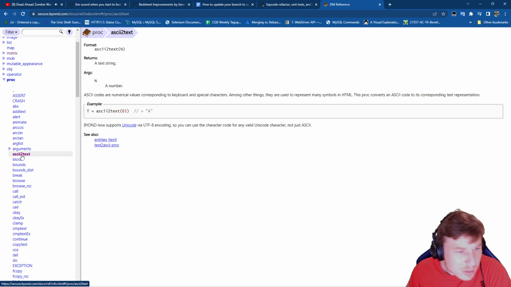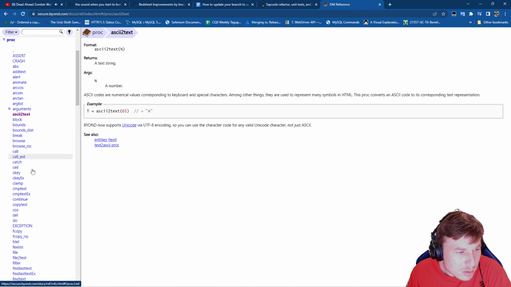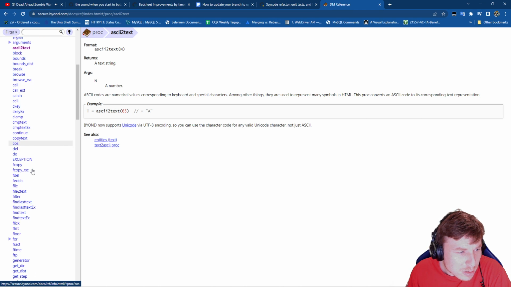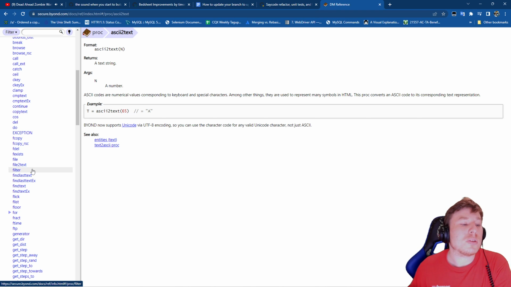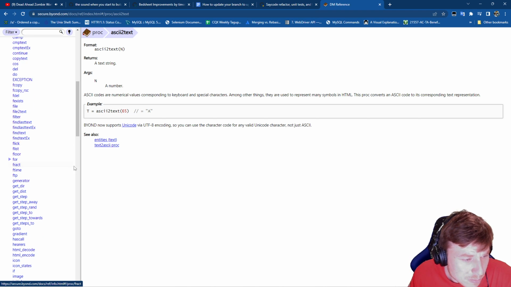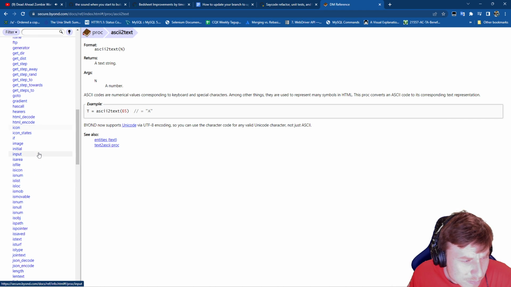So like this one is AC to text. So we're looking for something like degree or angle to direction. Except I don't know if that proc exists or if my guess is right for the way it's named. So we're just looking at the API, trying to figure out